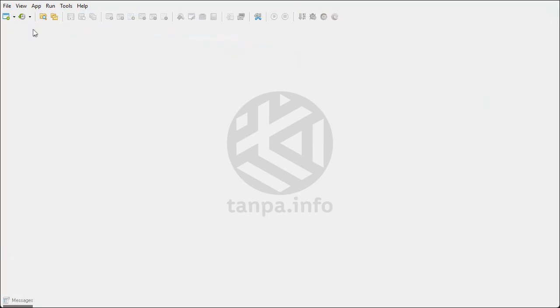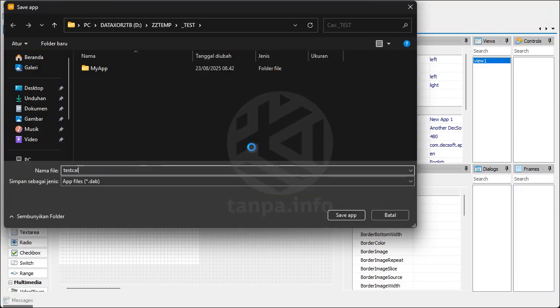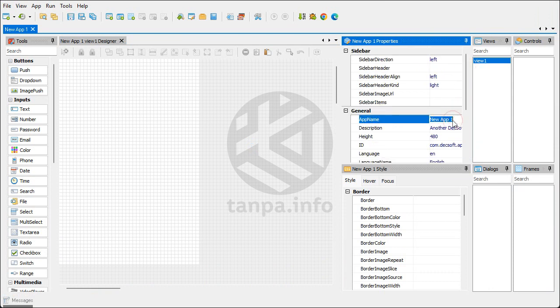Next, we will try to create a simple addition project. First, create new project and save this project with the name TestCalc. Then, from Controls Inspector, change short name property to TestCalc. And app name property to TestCalc.